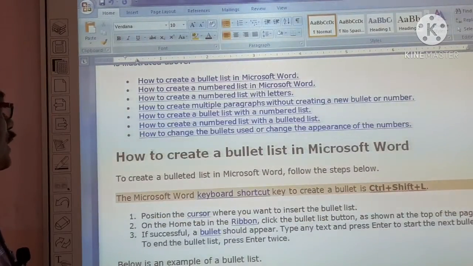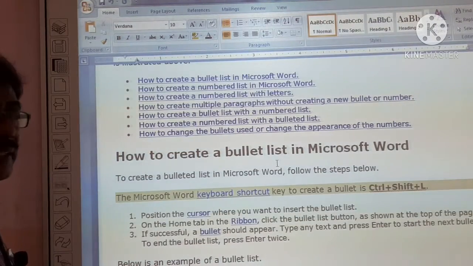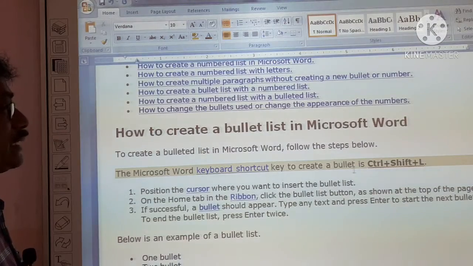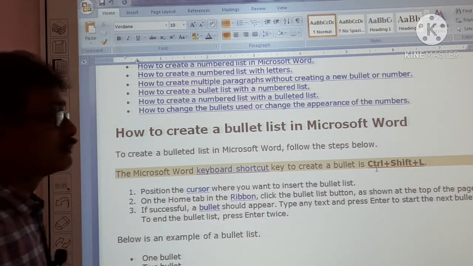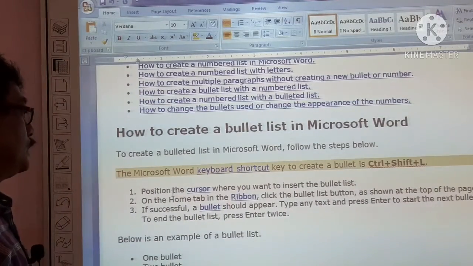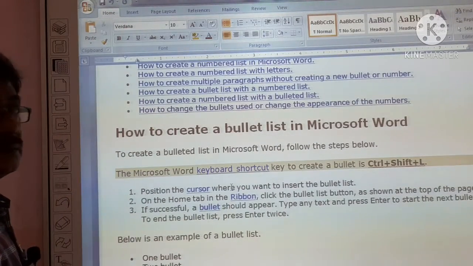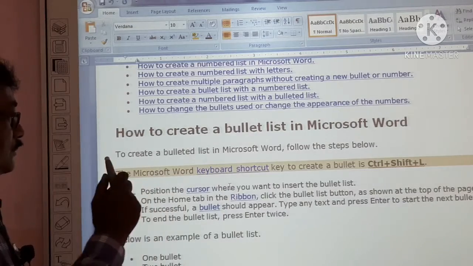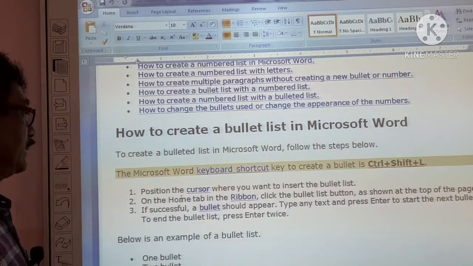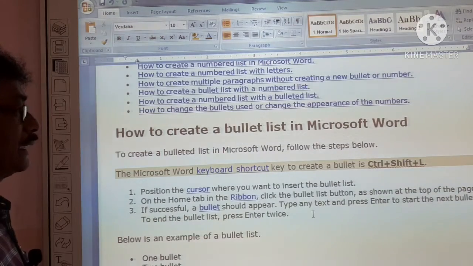Now here is a question: how to create a bullet list in MS Word? We use a shortcut key to create bullets: Control plus Shift plus L. Position the cursor where you want to insert the bullet or numbering. Then go to the Home tab, and in the ribbon click on the bullet list.